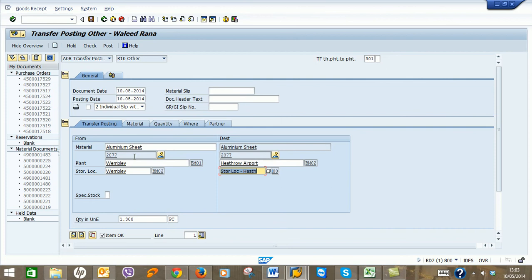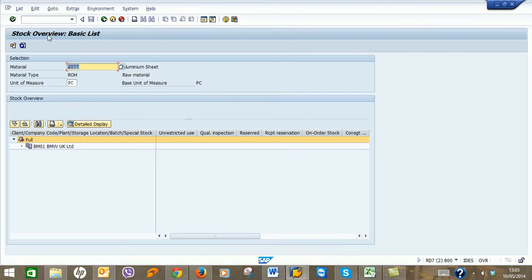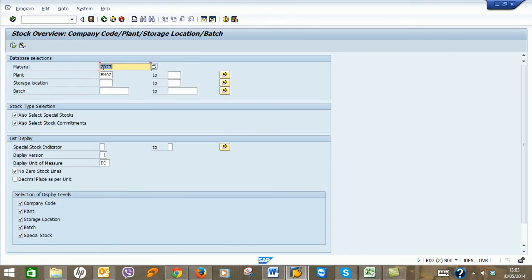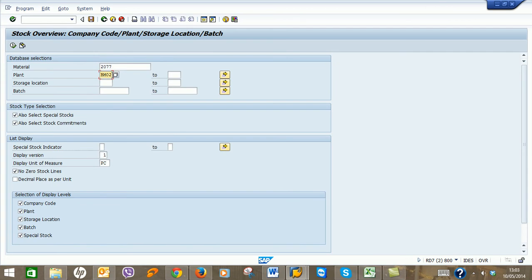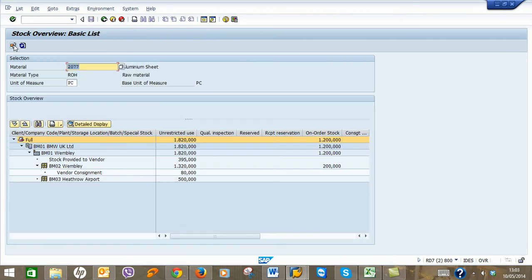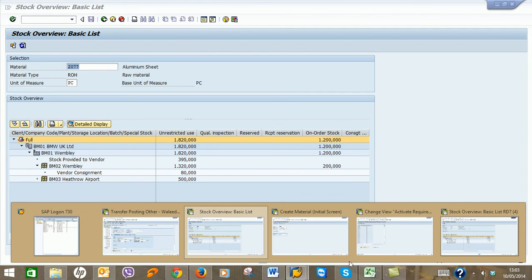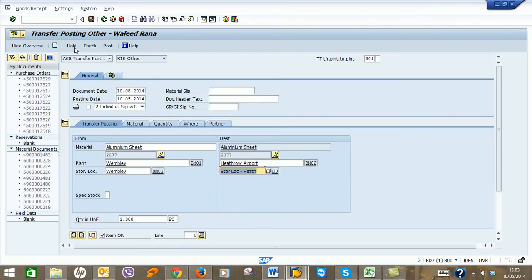So one plant is in Wembley and the second plant is in Heathrow Airport. Yeah, the storage location is Wembley and the storage location is Heathrow Airport. Right now, if you go to MMBE and mention the plant BM02 and execute, you will notice there is no stock at all. Okay, but all the stock is in BM01. So now if you go and check and transfer,